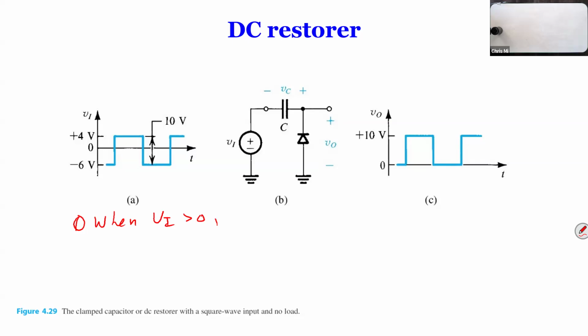Well, when VI is positive, let's say initially we see 0. If VI is positive, you have a diode blocking any current from going through. So even though VI is positive, your VC is going to be like 0. Nothing really happens here, and all the voltage across the output is going to be